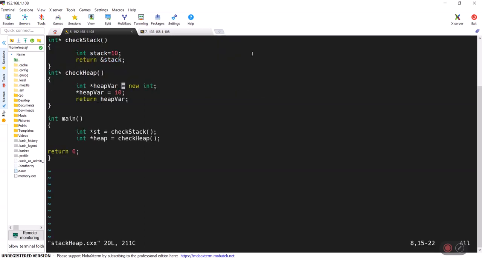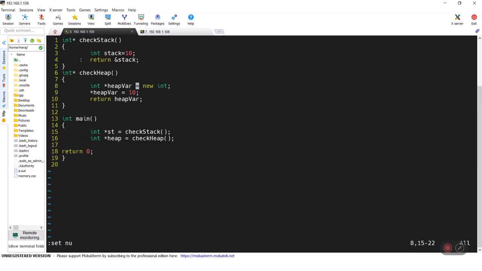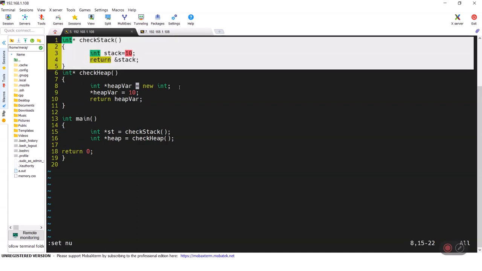That's what we are doing here at line number 4. In practical use cases, you should never do this. This is a very bad practice. But just to understand our stack and heap memory, let's proceed with this.